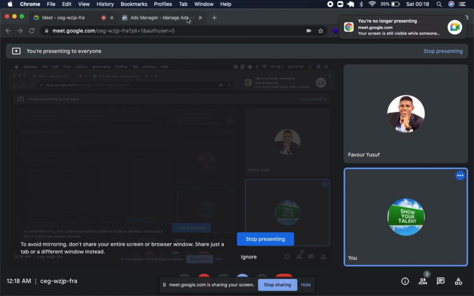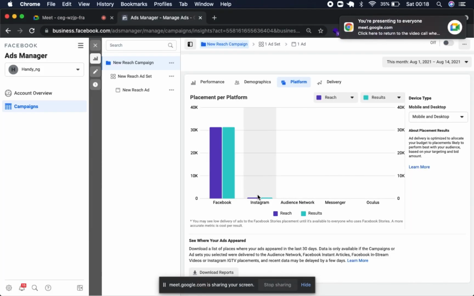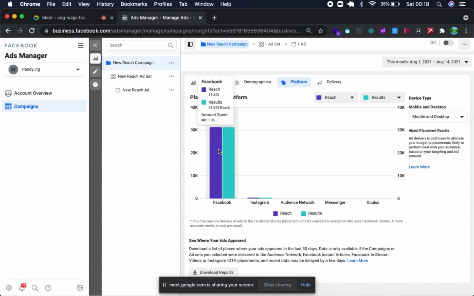Okay, so as you can see here, we barely ran anything on Instagram. Almost everything that we ran was on Facebook. Instagram barely saw 400 reach. So most of everything that ran here was ran on Facebook because I just wanted to